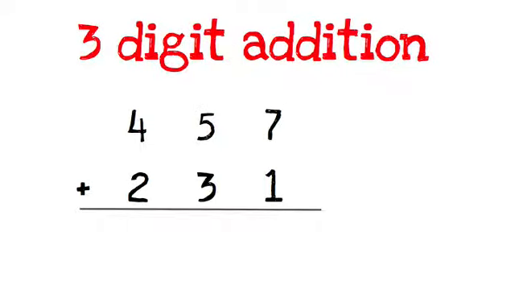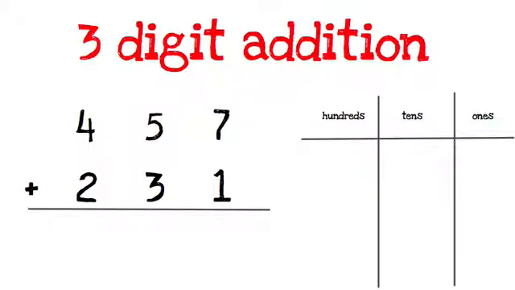Let's look at three-digit addition. First thing you need to do is make sure your numbers are written where they are lined up. So I have my ones, my tens, and my hundreds all lined up. Then I'm going to draw my picture. Starting with the top number, I see that I have 7 ones, so I need to draw 7,